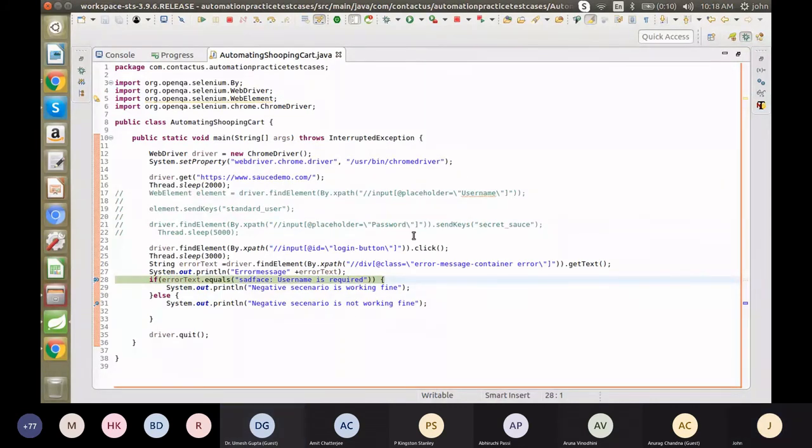I already told you, we have run it in debug mode, so automatically the breakpoint will come from this driver object. So let me see.